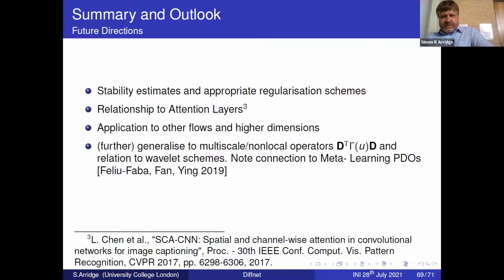I want to look at other flows that we can write down in terms of image operations, image-based PDEs, and eventually to look into dimensions higher than 2. Another possibility, because this multi-scale aspect seems to be quite powerful, will be to make a connection to the use of the wavelets approach. Wavelet schemes obviously don't have an explicit interpretation in terms of spatial derivatives, but they qualitatively bear a relationship.